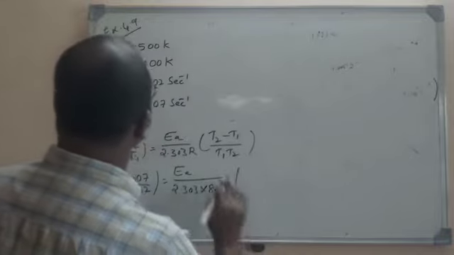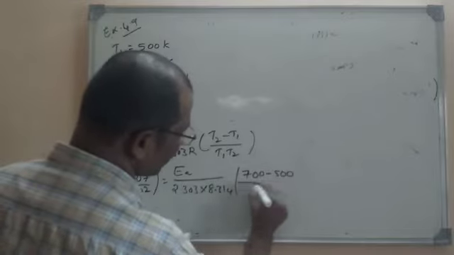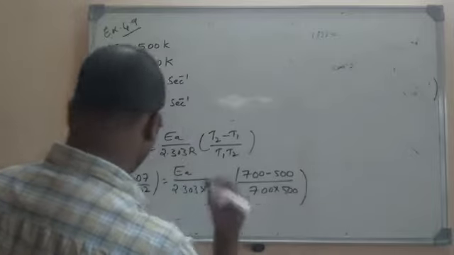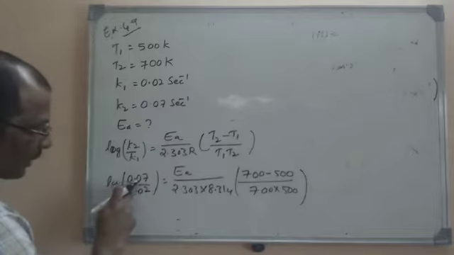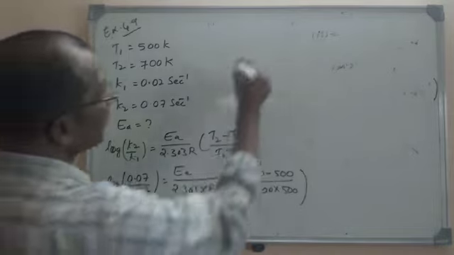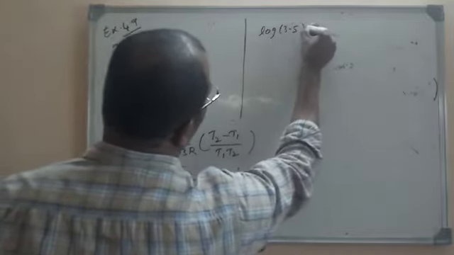T2 minus T1, where T2 is the higher temperature, 700 Kelvin, and T1 is 500 Kelvin, divided by T1 into T2, that is 700 into 500. So let us go for the simplification. Here log 0.07 by 0.02 is nothing but 7 by 2, which is 3.5. So that implies the logarithm of 3.5 is equal to,